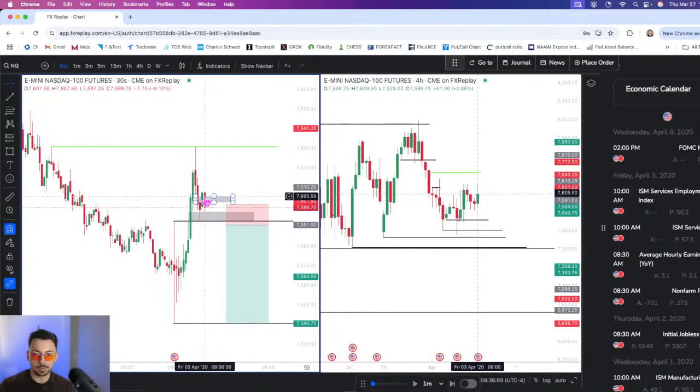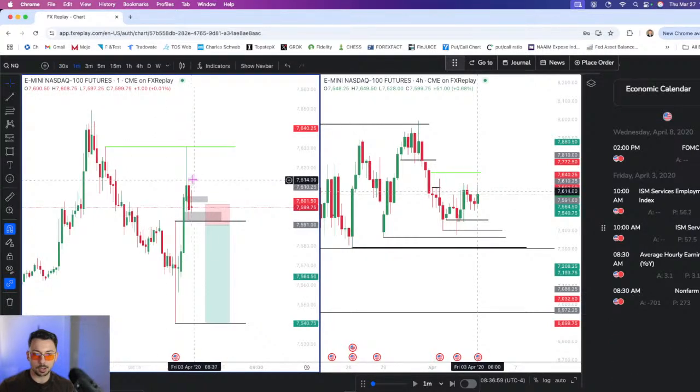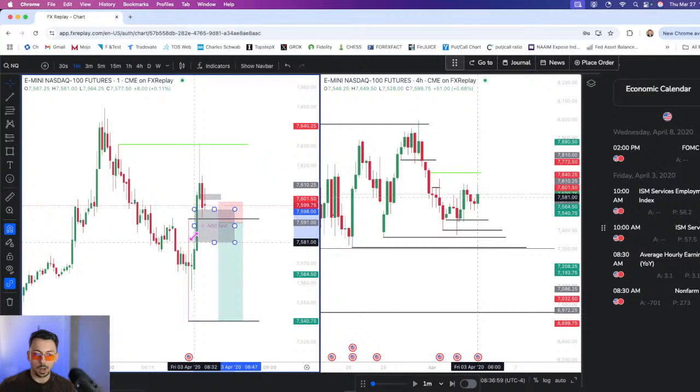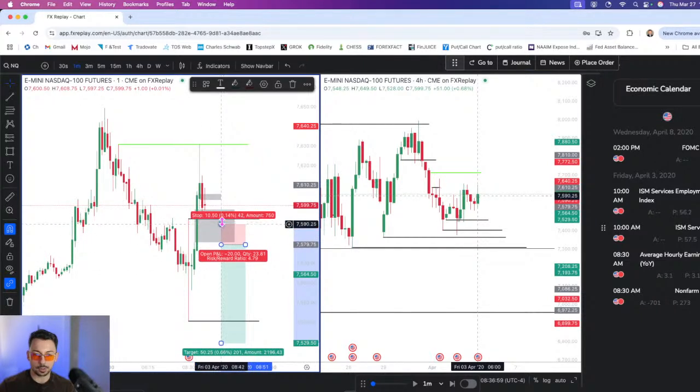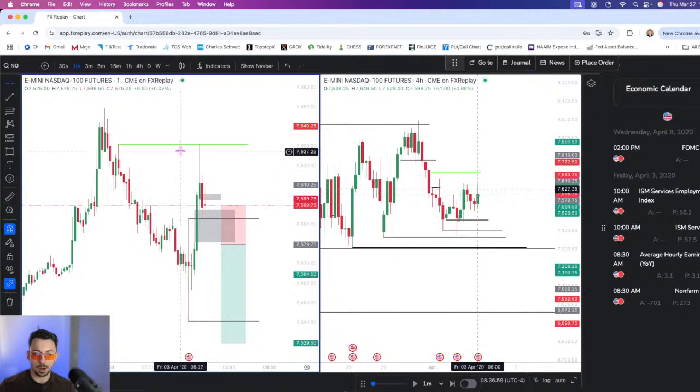Okay, so we closed above this. Still don't like this either. It's really small and it's on the 30-second chart. Let me just pan to the 1 minute quick. The 1 minute chart, you guys can see we have a bigger fair value gap. So this I like more than the 30-second. But regardless, what I would probably do here, guys, because of the LRLR and the equal highs, I would let this play out to the downside and then I would look for a long setup. But we'll move forward here and see.